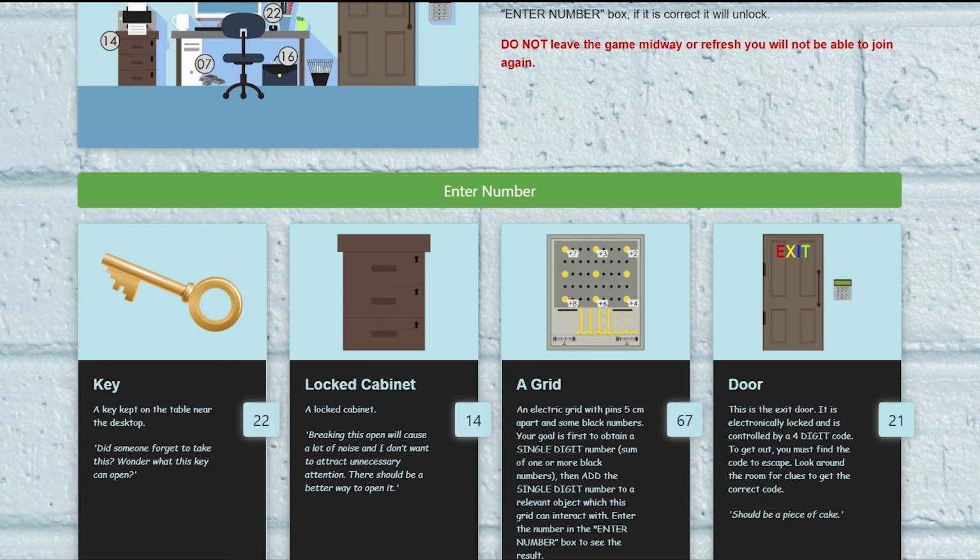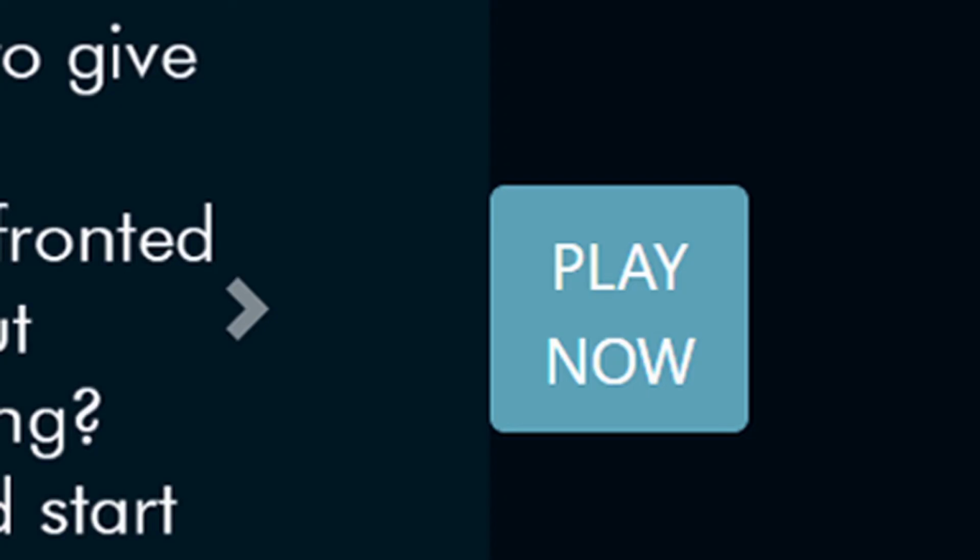Once you have gone through all the rules and if you're ready to play, press the play now button. As soon as you press on play now, you will be redirected to the room and the timer starts ticking. Look at the picture carefully and all the relevant objects are denoted by a number and a description below the picture.